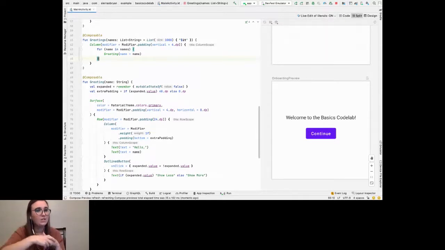In Compose, we're going to use something called lazy column, and there's also a lazy row that does the same thing. It emits those views on the screen and then keeps emitting them as you scroll. It's just emitting the views that you need to actually see your UI. And so what we're going to do is inside our greetings, where we just changed it from 2 entries to 1,000,